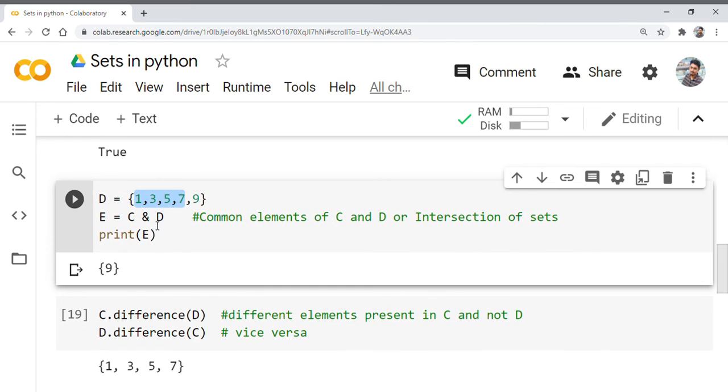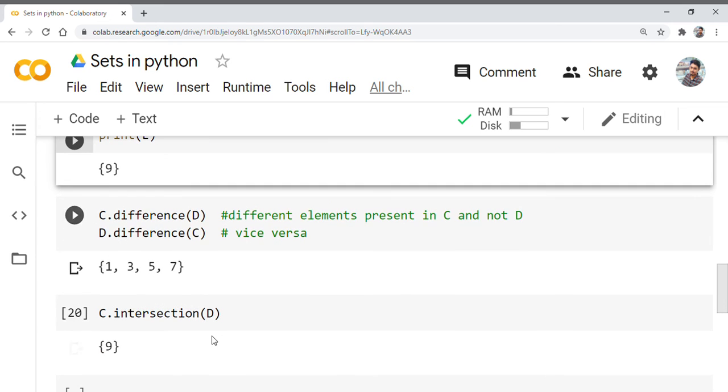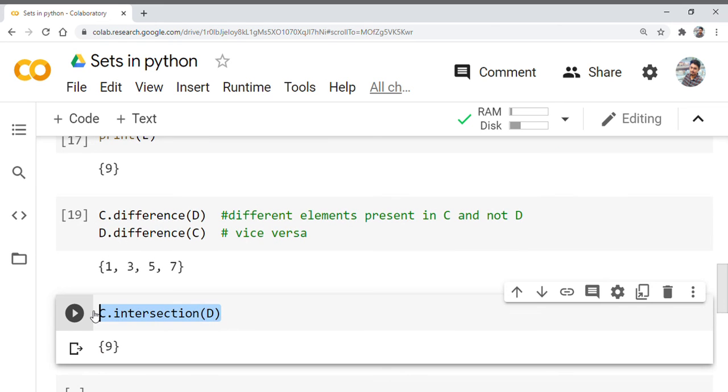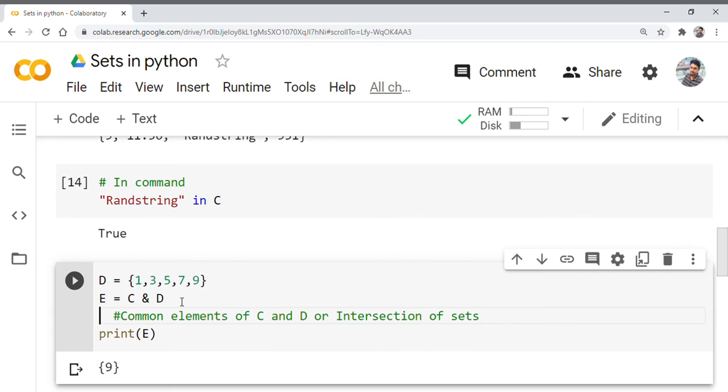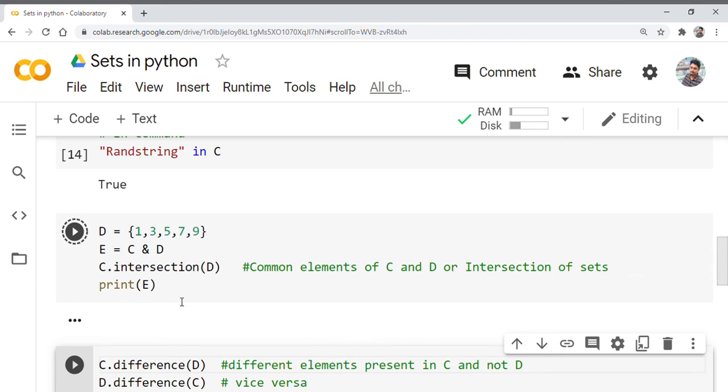We can use either this symbol or this. So we'll just keep the same operation over here. Control V. All right, so we will be adding 9 and 9, so the same will be the answer.